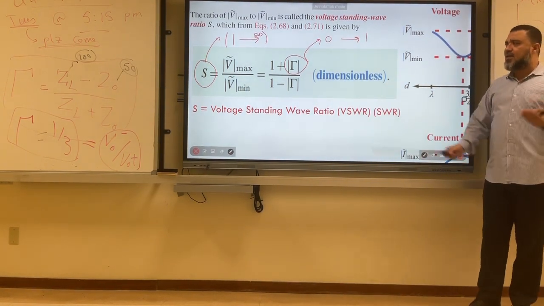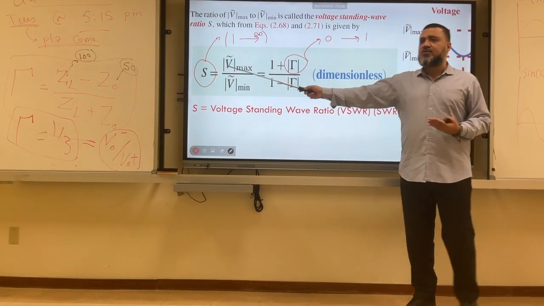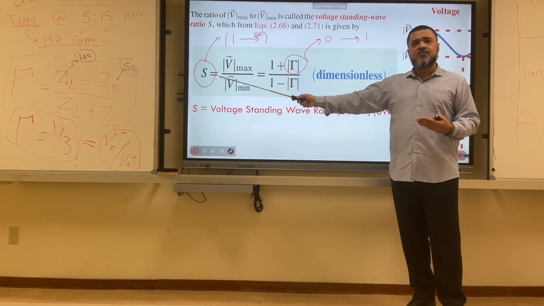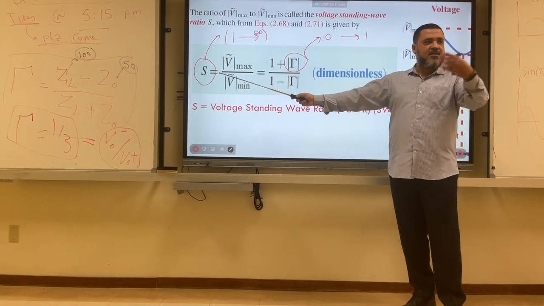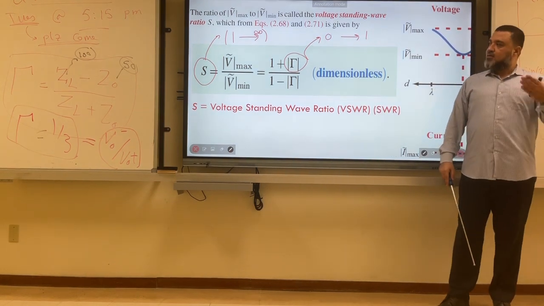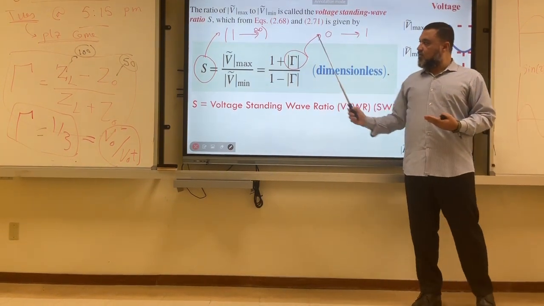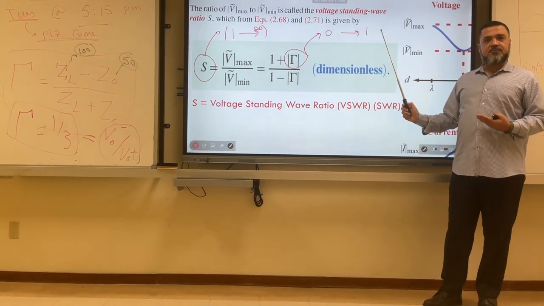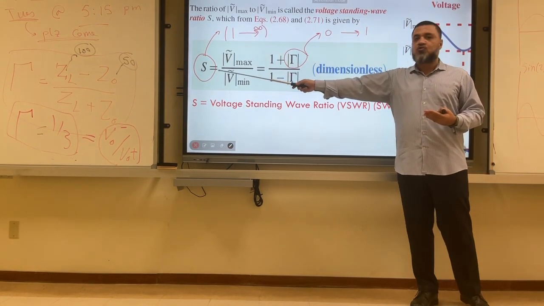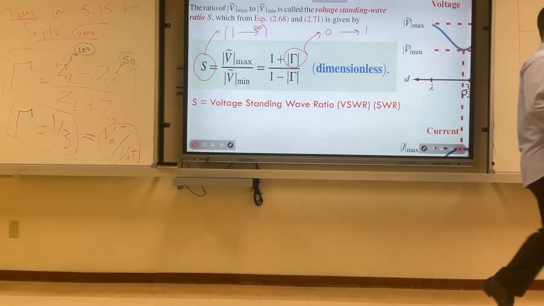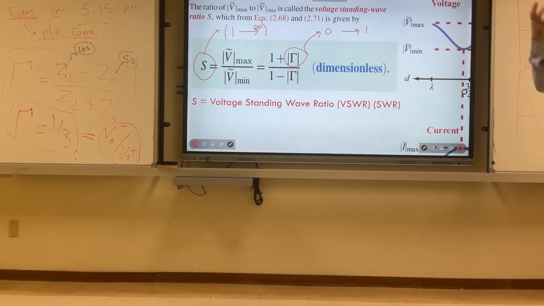And instead of speaking about gamma, we usually speak about S. When you go buy some device, they will tell you S of this device equal to 1. So S is an indication of how much reflection you have. The more S, the more reflection. This means you are approaching 1. Commercially and practically, it's better to work with S, to express the performance of your device based on S,